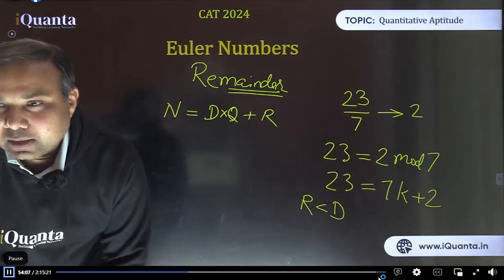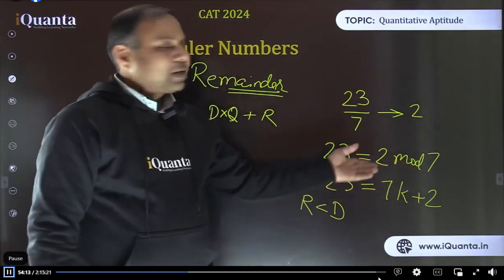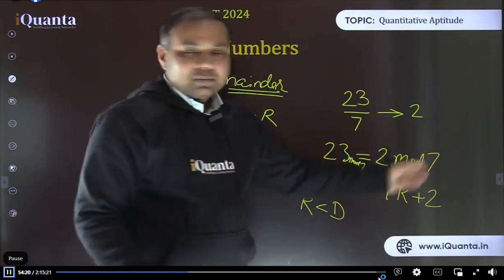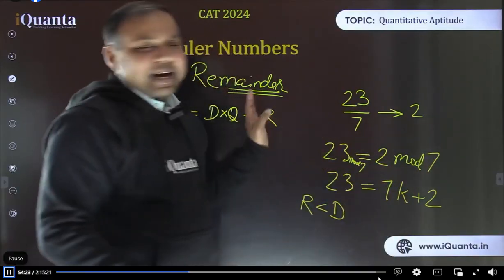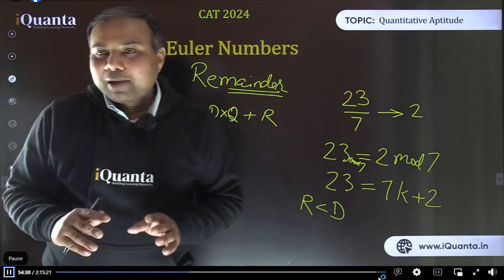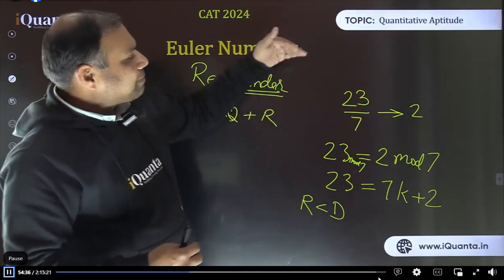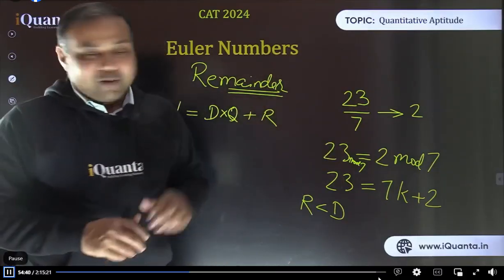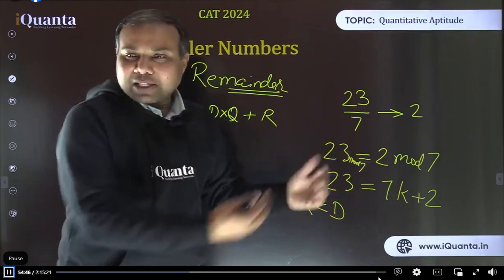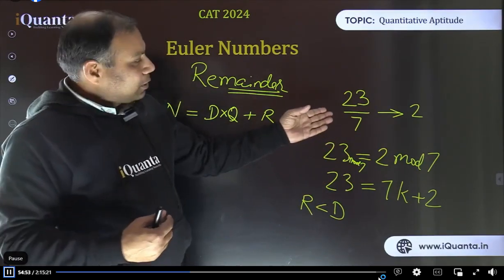Jay Gupta is asking how 23 is 2 more 7. What is the meaning of this? 23 when divided by 7 gives remainder 2. That's it. I could have written more 7 here also. More 7 just means that we are dividing the number by 7, nothing else. And see one more thing: dividing by 7 means we are subtracting 7 repeatedly from 23. When I say divide 23 by 7, it means make a group of 7 and remove that. Make one more group of 7 and remove that. Make one more group of 7 and remove that. That's what we are doing. Is that fine?